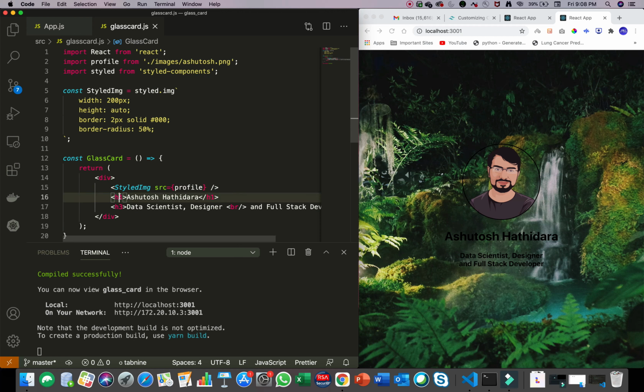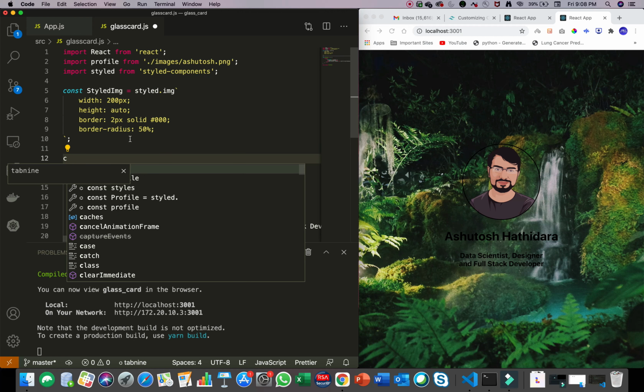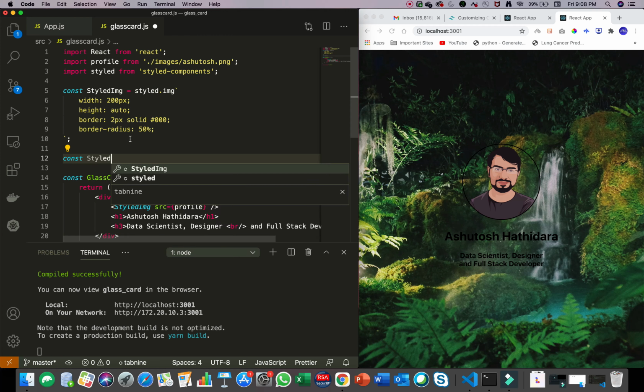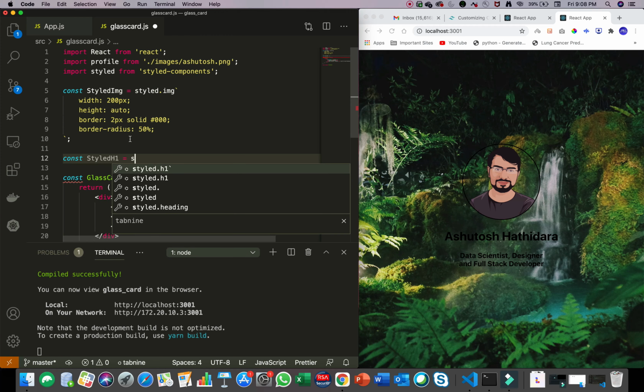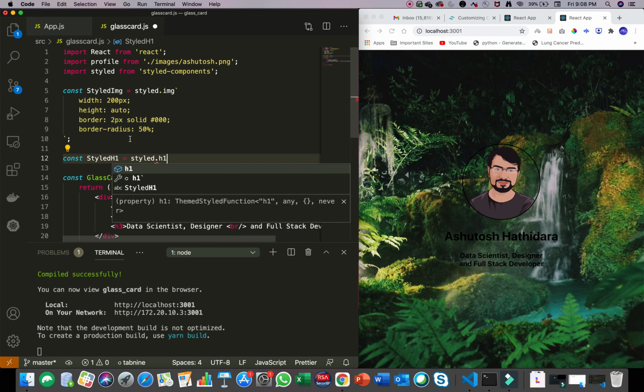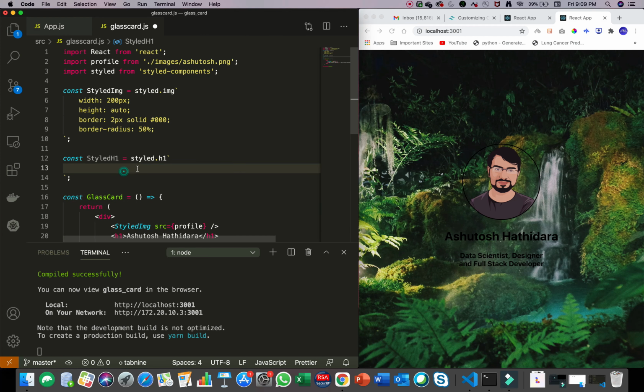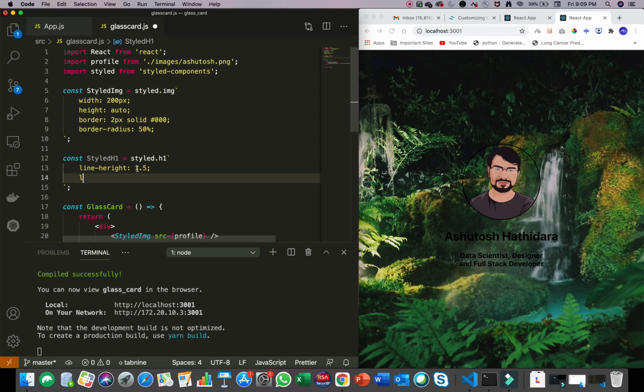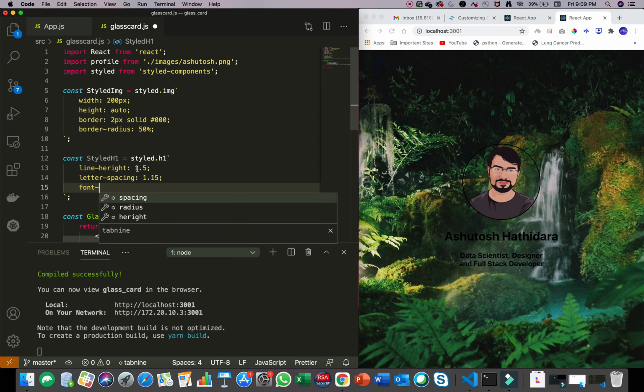Now we'll also format this h1 tag. We'll create one more styled component, and this time we are going to style the h1 tag. Here we'll give line height of 1.5, letter spacing of 1.15, and font family Gilroy.